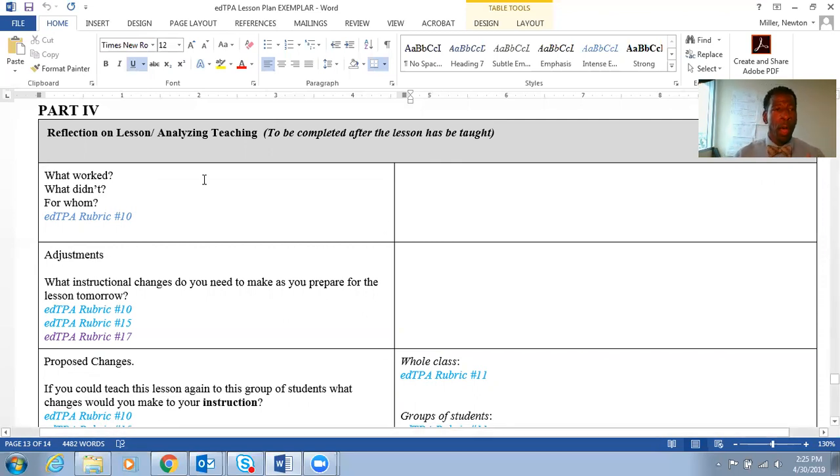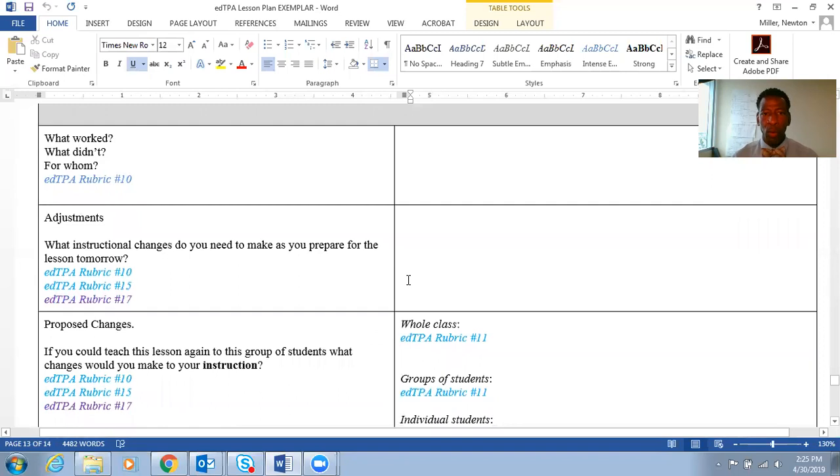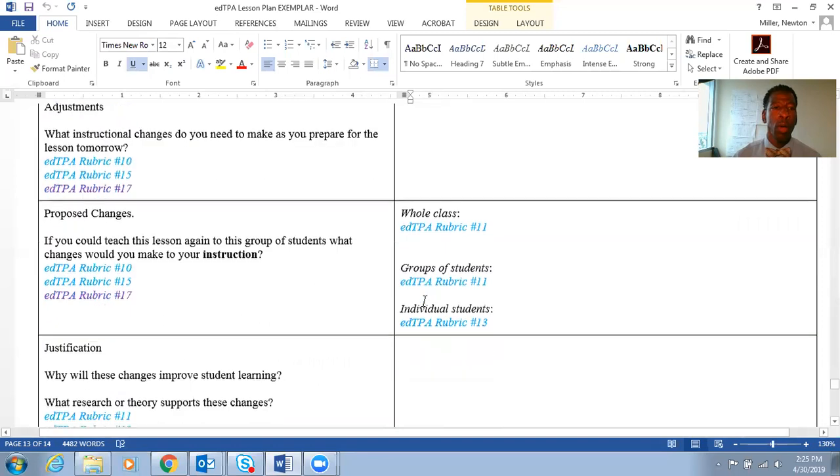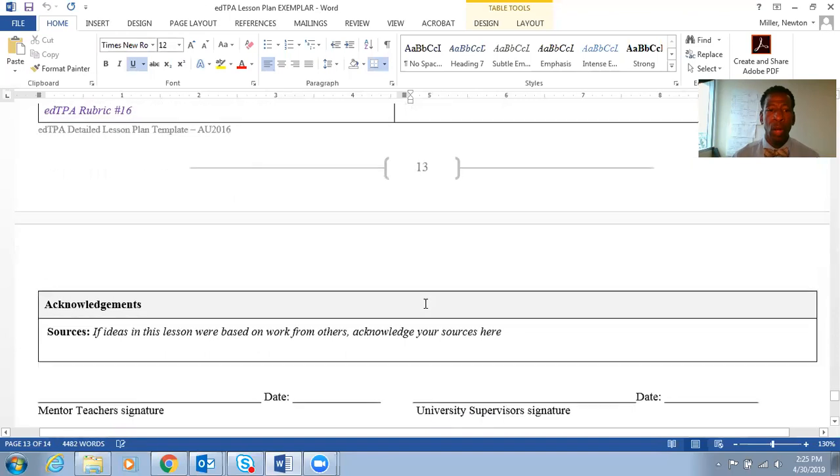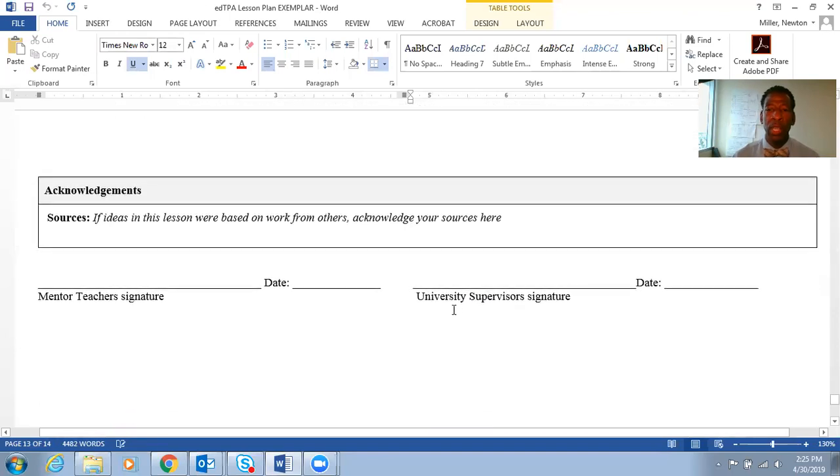That's perfectly fine. But in part 4, you're going to talk about what worked and what didn't work. What will I change? Who didn't it work for? Why didn't it work for that student? So again, what are some of the adjustments you can make in the arrangement of the room, or maybe the order that you put the content in, maybe keywords, vocabulary, even how students should be arranged, whatever the case may be? And what are your changes if you were to teach this again? And then of course, justifying those changes. So that is the whole edTPA